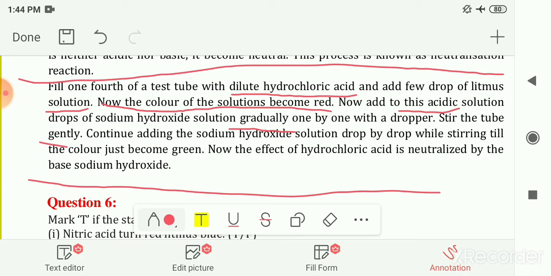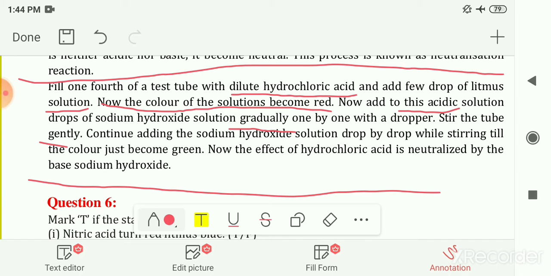Mix that solution well. First you take the acidic solution or dilute hydrochloric acid in the test tube and then add a few drops of litmus solution, and as the solution is acidic it will turn red. And then pour the drops of sodium hydroxide solution one by one with the help of a